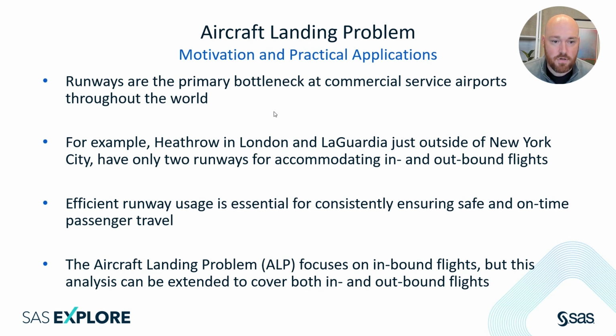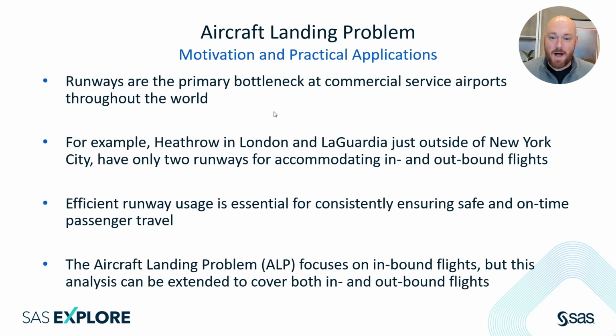And airports look at things in one of two buckets: things they can control and things they can't control. Of course, the one thing that they can't control is the weather. That changes often, and that involves a lot of slowdowns and bottlenecks that, frankly, are unavoidable. But if they can control it, they oftentimes very much want to. And that's where optimization can play a key role, especially when we talk about the takeoff and landing of aircraft to and from a particular airport.